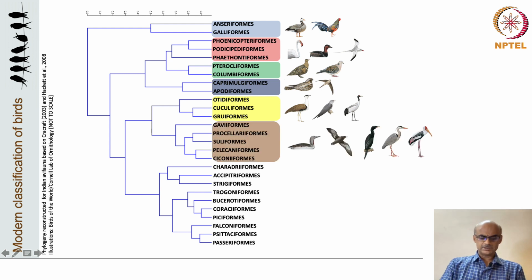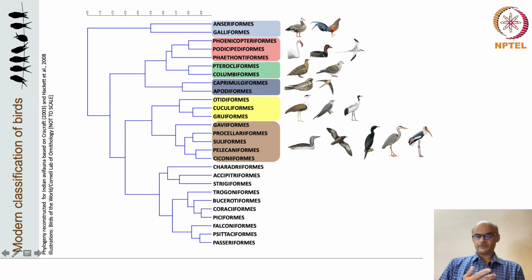The next clade is a fairly large one, mostly of water birds and also the sea birds, sometimes also called pelagic birds. So the first one is the order Gaviiformes of loons, or sometimes called divers. They are large grebe-like seabirds, known for their diving foraging behavior in offshore waters.